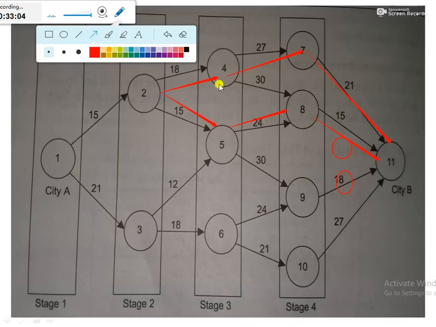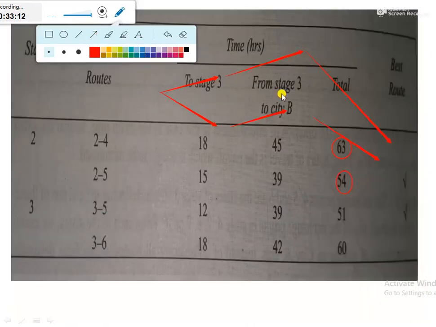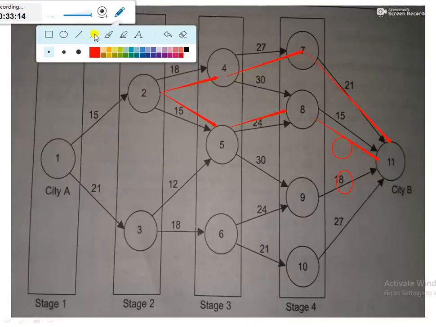The traveler can opt for this route as well from 2 to 4. After going to 4, he may go to point 8, that is 4 to 8, and from 8 to 11. But look at the total time taken through this route. It would be equal to 30 plus 15, 45, plus 18, that is 63. So it is much larger than the 18 plus 27 plus 21 route, that is equal to